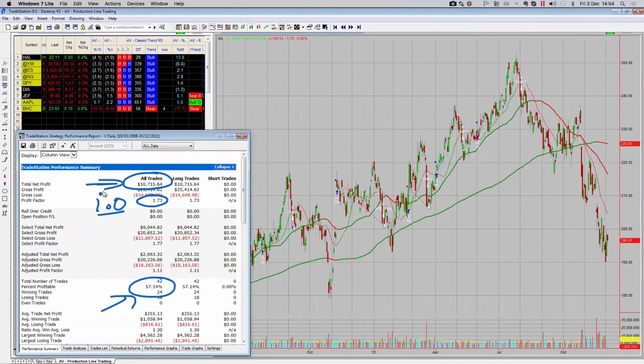Your P&L is going to be positive, but you want the risk to reward to be there. You want $1 in, you want $2 out. You want $100 in, you want $200 out. You want $1,000 in, you want $2,000 out. So that's what we're looking for. We want a return on the capital that we're using.